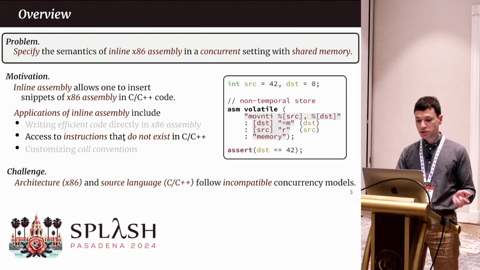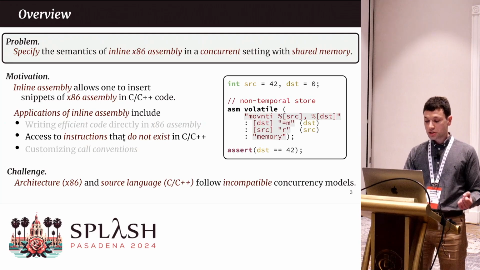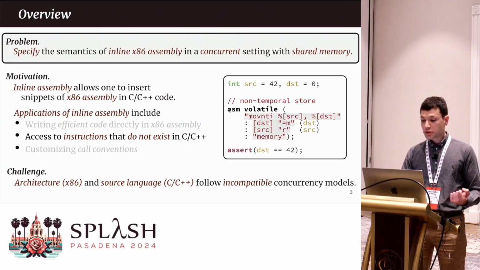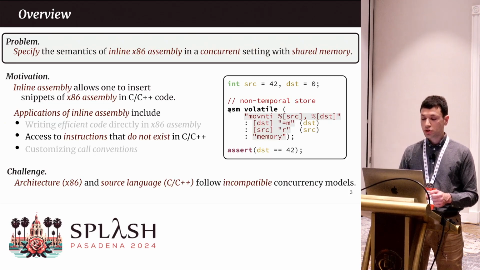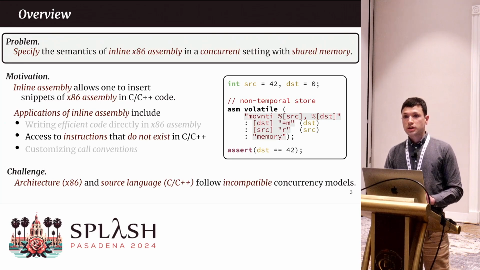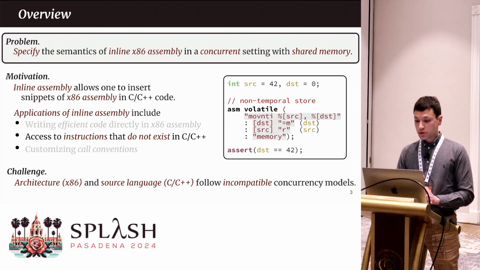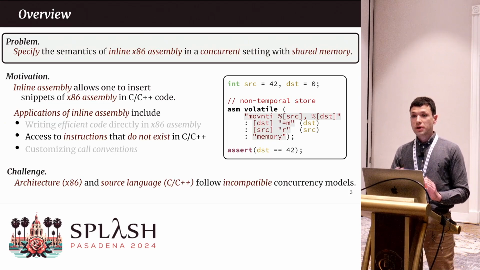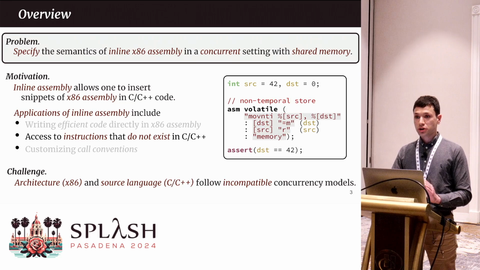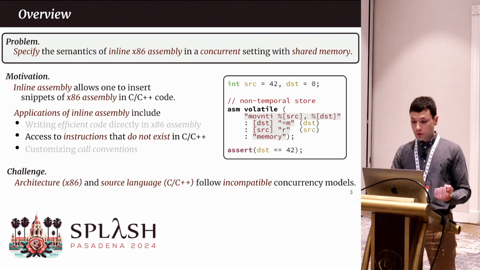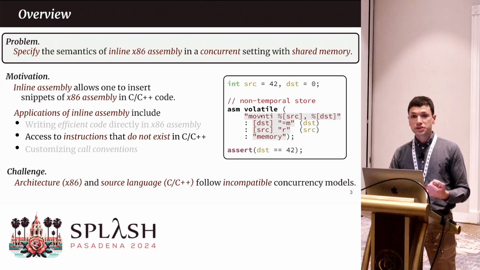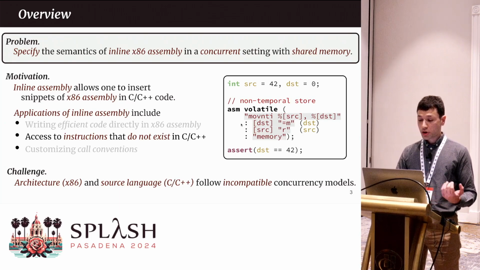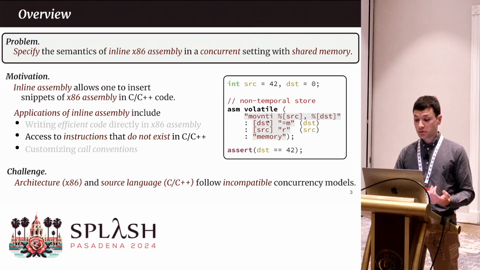So to give a concrete example of this second application, I have here a program that uses inline assembly to have access to non-temporal stores. So a non-temporal store, in simple words, is a store that bypasses the cache. We are going to revisit this instruction in the talk. And we are going also to use inline assembly blocks under a much simpler syntax. So I'm going to refrain from explaining the details of this